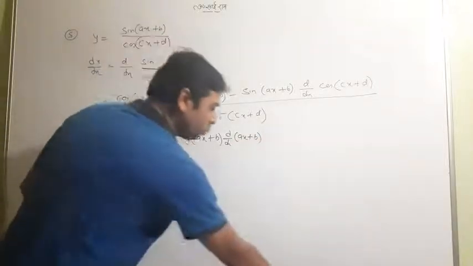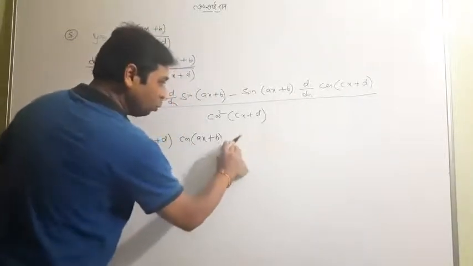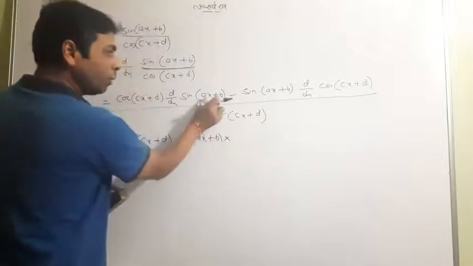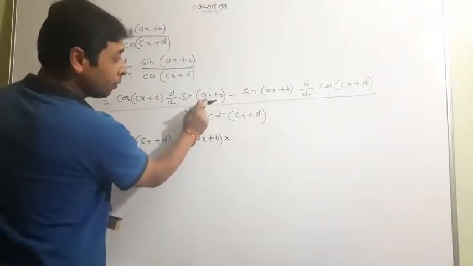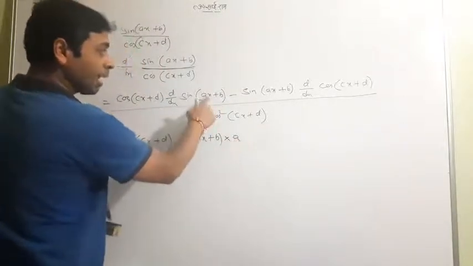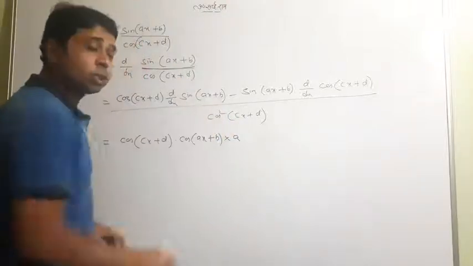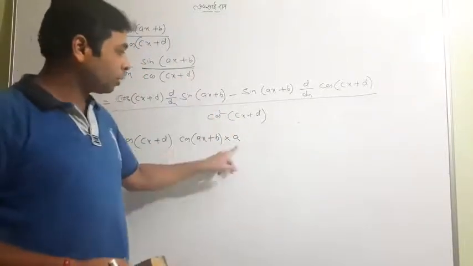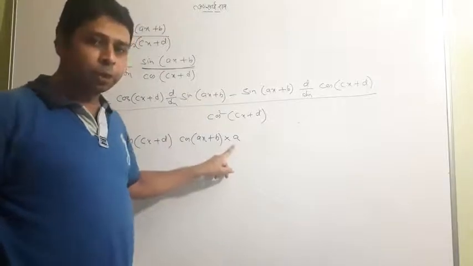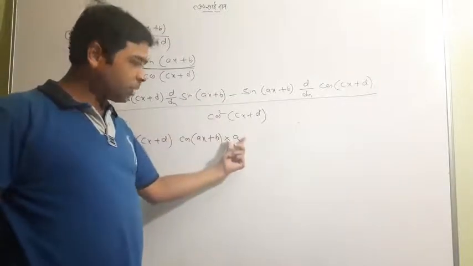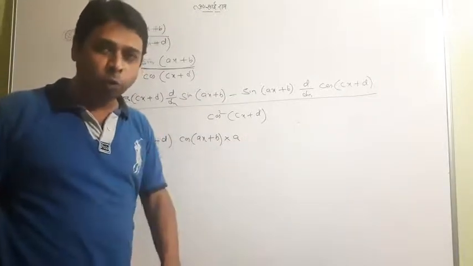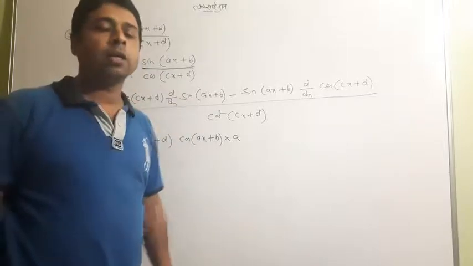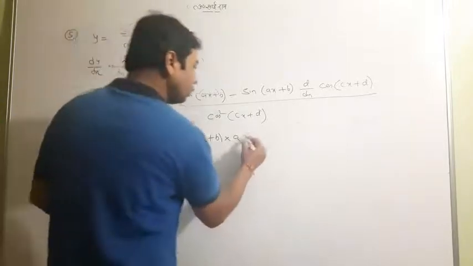I request you, don't write that step, and write its answer directly. When you differentiate ax plus b, the differentiation of ax is a, because x has differentiation 1, and b is a constant which is 0. So a plus 0 is a. This time the differential of ax plus b is a, and you should write it directly, don't extend or stress the steps here. This is enough.